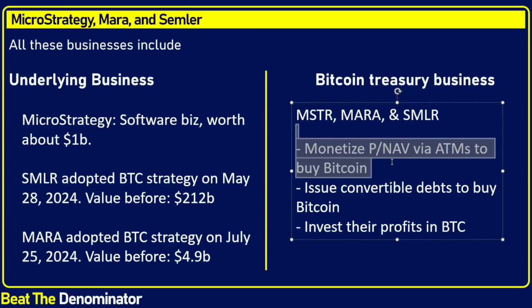It's the same. Your business trades at a price to NAV above 1, like 3x price to NAV. You issue new shares. You sell $1 for $3 because price to NAV is 3. You accrete by doing that. You generate the yield by doing that.